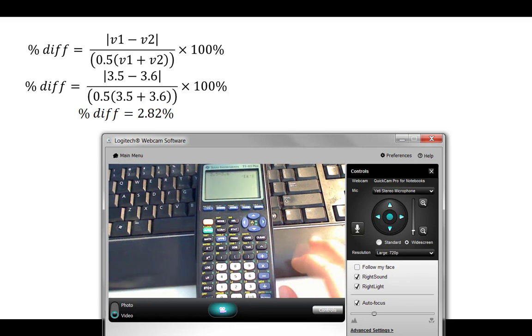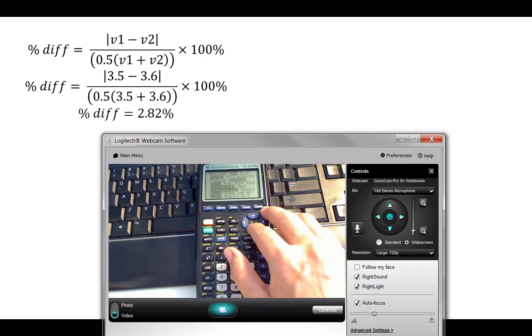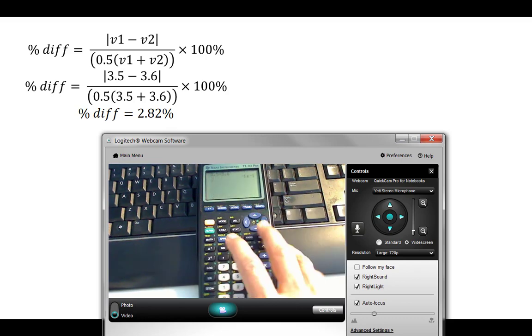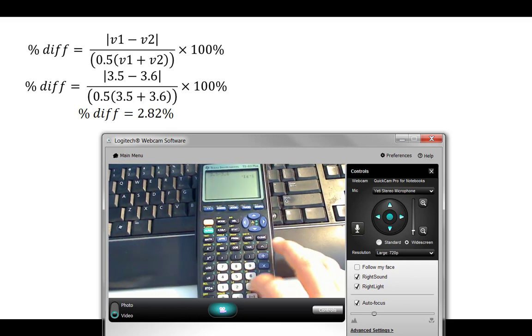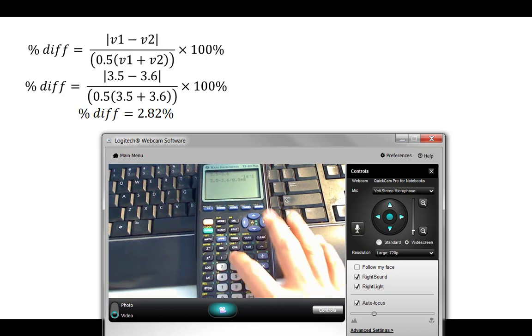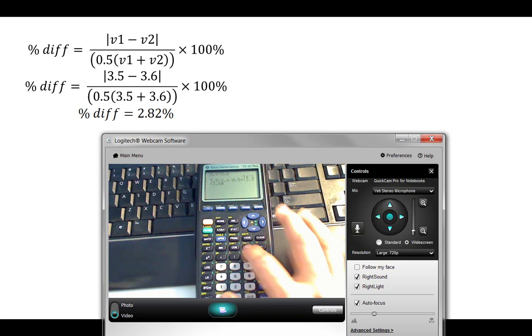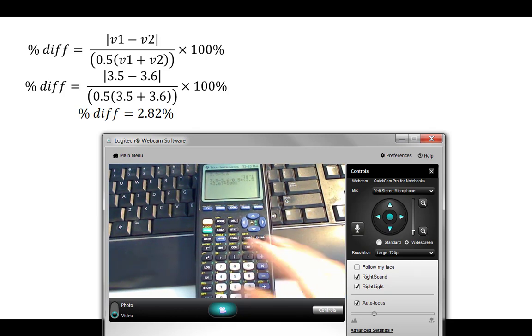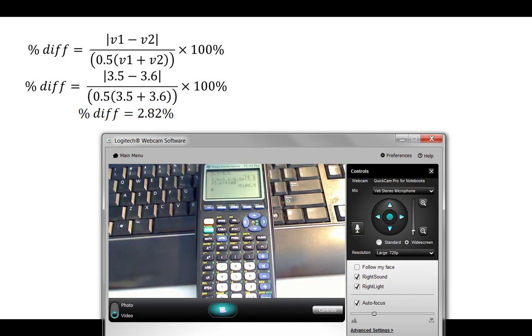So 3.5 minus 3.6. Okay. Oh, I'm still in scientific notation. That's not so good for this, so let's switch it back out of that. Okay, so if I just put in 3.5 minus 3.6 and then divide by 0.5 times 3.5 plus 3.6. That's not going to give me, oh, and multiply by 100. That does not give me the 2.82% difference that I have up on the